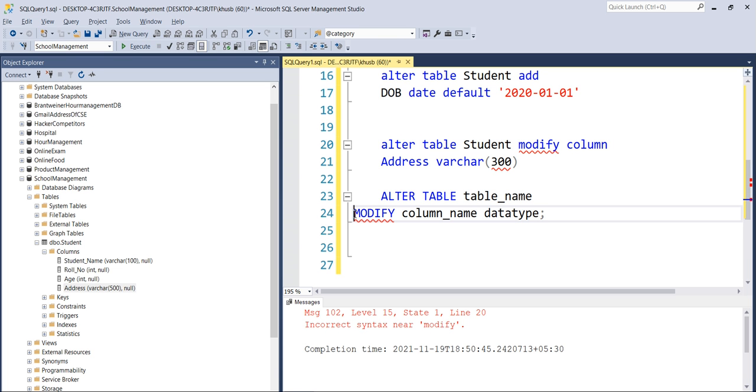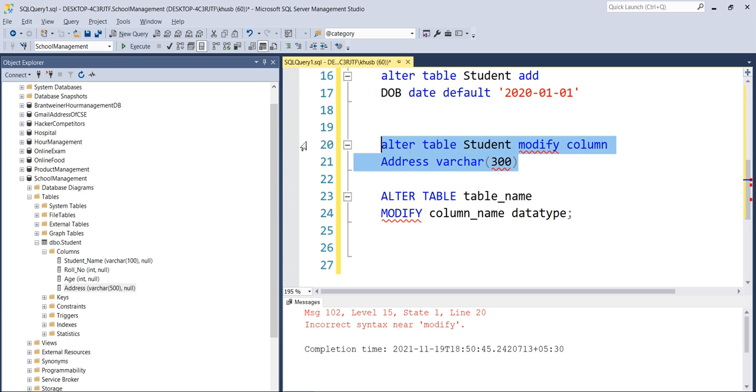So this is our syntax basically. Okay, so let's just skip this for now.